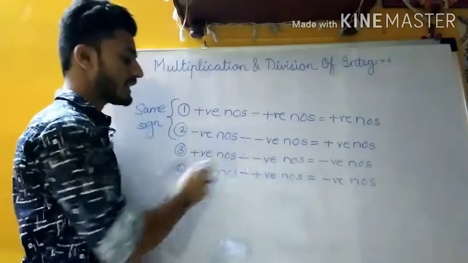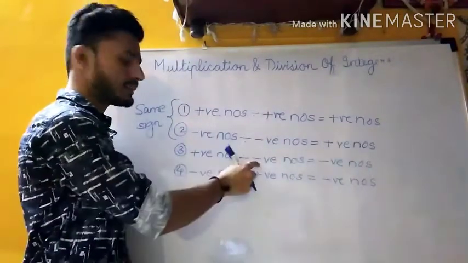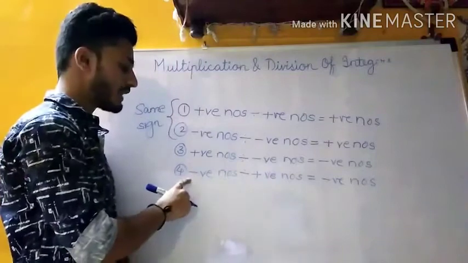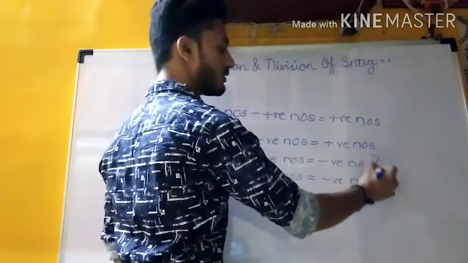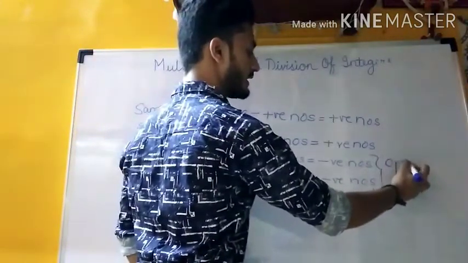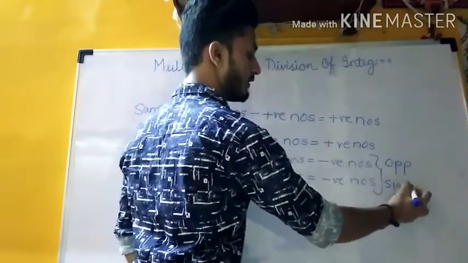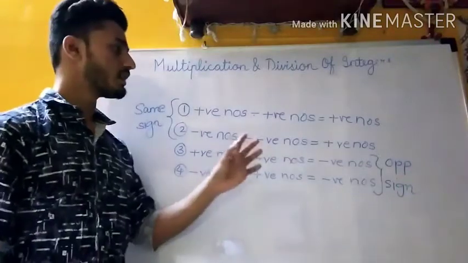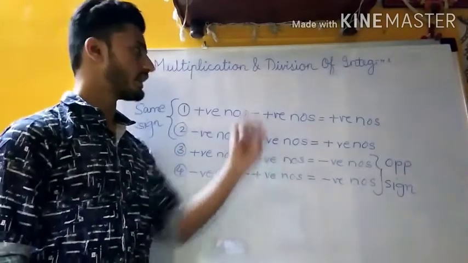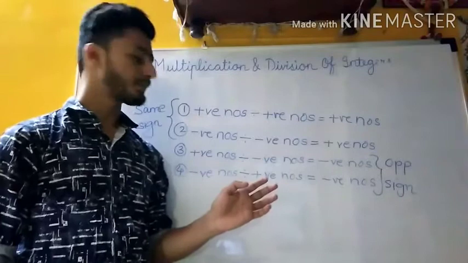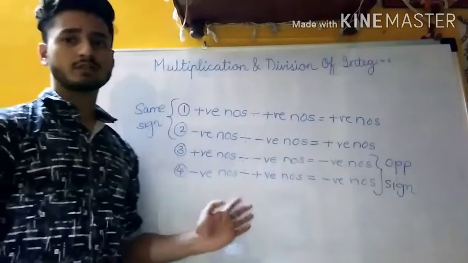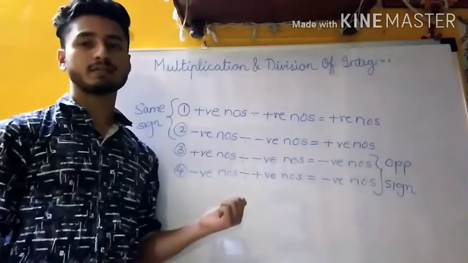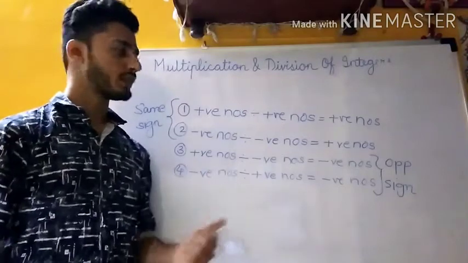And if the signs are opposite, that is one is plus and the other is minus, or one is minus and the other is plus, then with opposite signs we will always get a negative answer. You have to keep this in mind while solving division. Hope you all have understood the chart and we can now begin with some examples of how to divide.